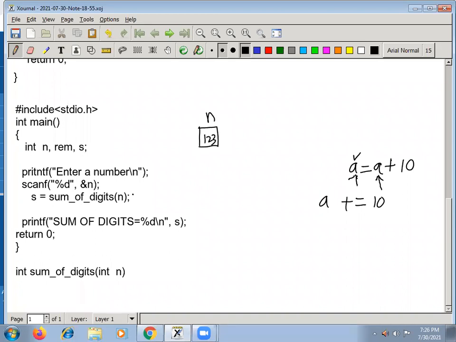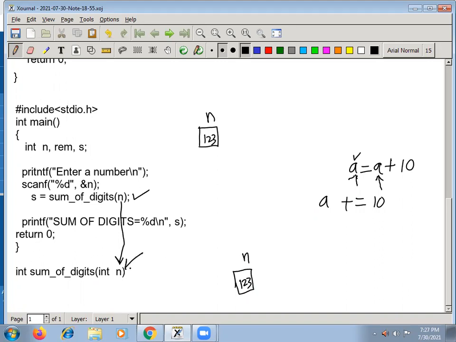When you call this function here, what is happening? In sum of digits, the value present in n will be passed. To the compiler it looks like sum of digits of 123. That value will be caught in this n here. When control comes here, n is again a local variable, so one more memory will be allocated for n, and 123 will be stored in it, because the value is coming and will be stored into this variable. That's why you need to define it along with the data type.